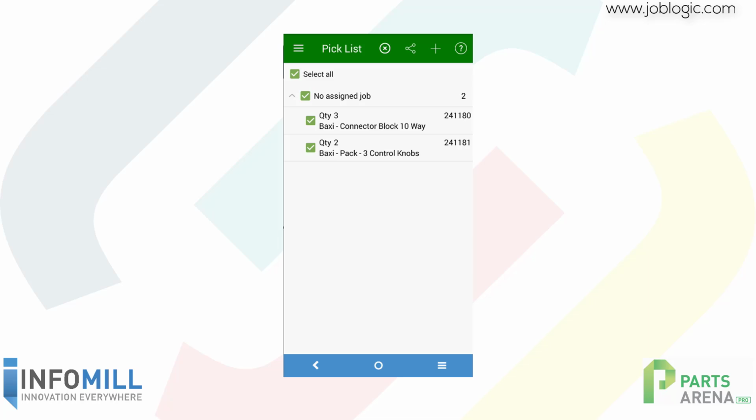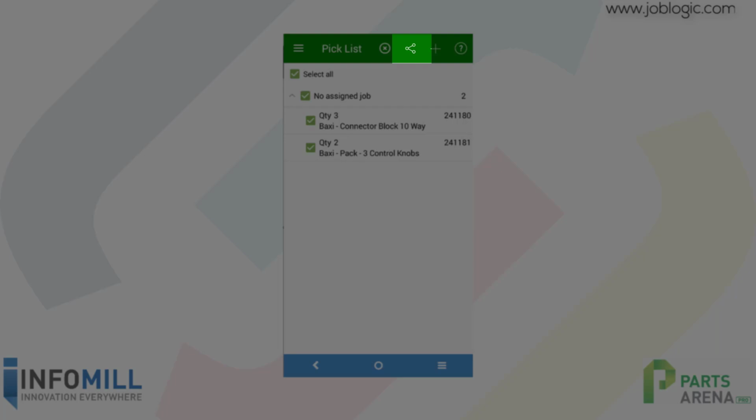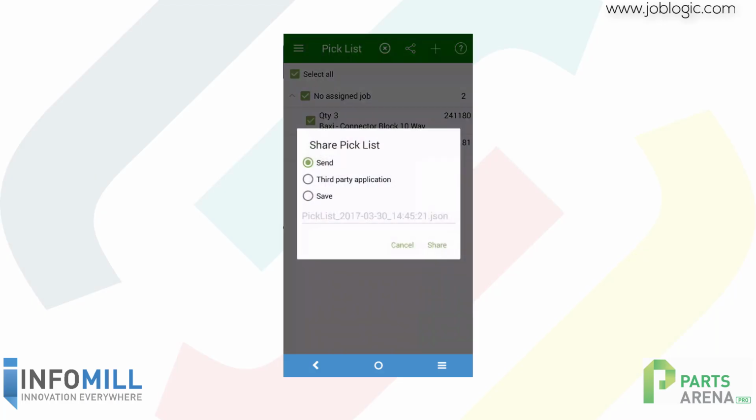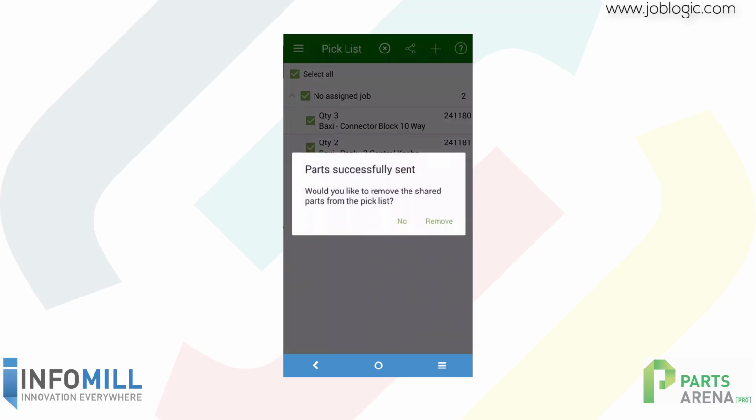Okay, so you can select all, or you can select various parts out of the list. Once you're happy, you click the little share button on the top menu that's now appeared, and it's going to ask you how you want to share this with the Joblogic application. Well, Joblogic is indeed the third-party application to Parts Arena, so we'll go ahead and choose that option. Once happy, we hit share, and the parts have successfully been sent to Joblogic mobile, and it's now asking us if we'd like to remove the shared parts from our pick list, or do we wish to keep them for later use. So we'll